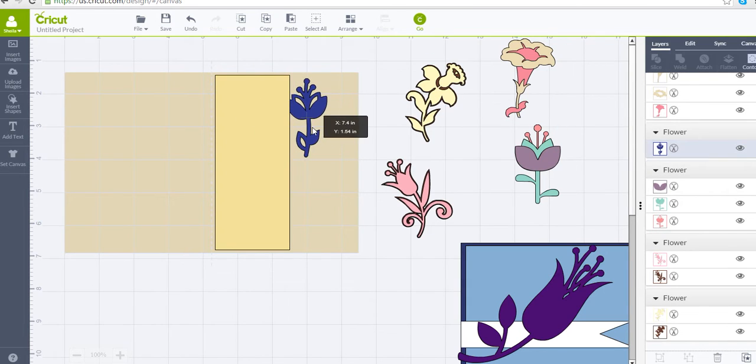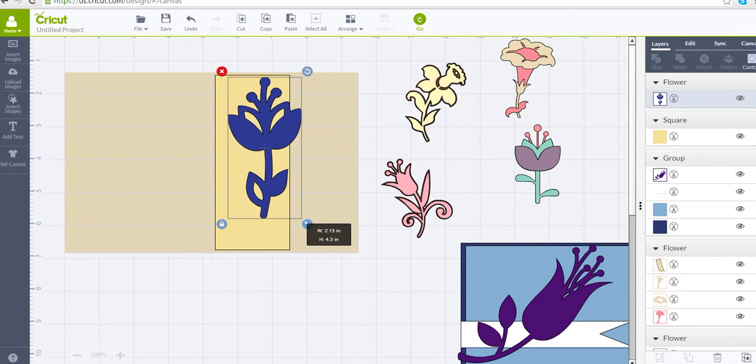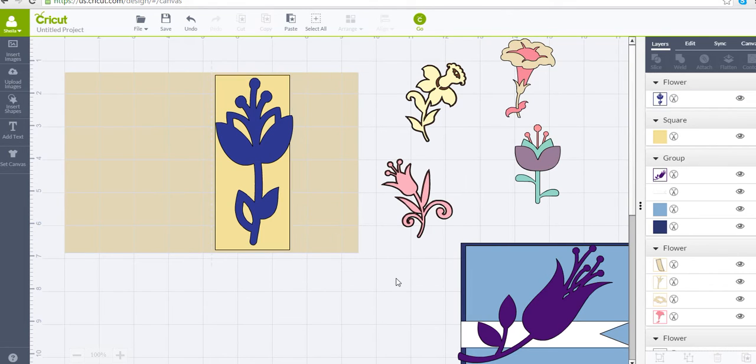let's take this one. Arrange to front. Put that here. And we're going to bring it down. And I'm going to unlock it, and I'm going to bring it down a little further. And I kept it thin, as you can see. Let's bring this one side over just a little bit like that. Now, let's, on this one,